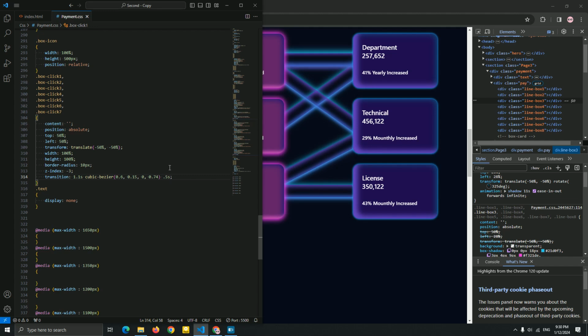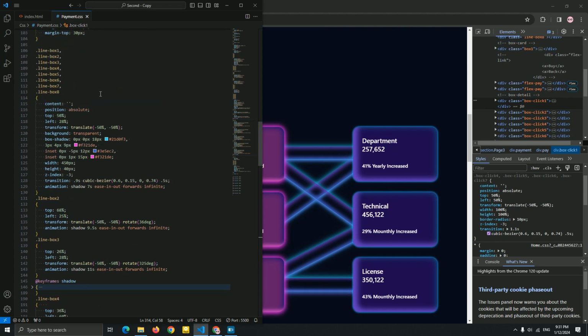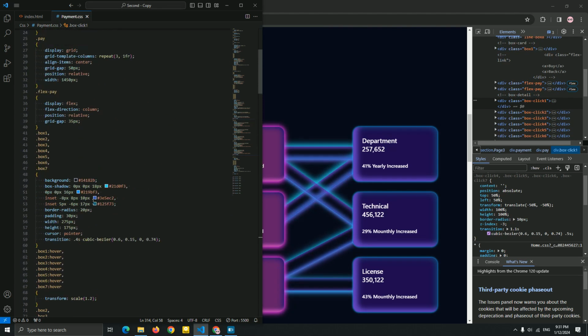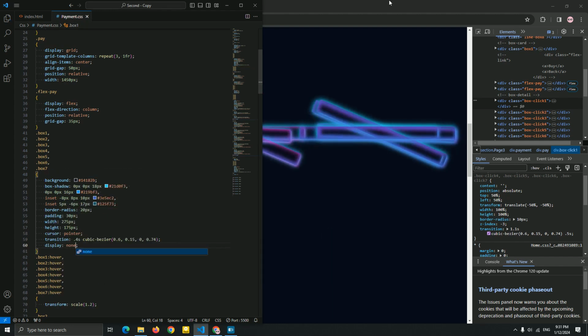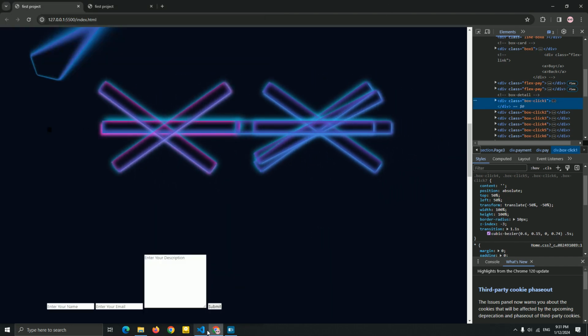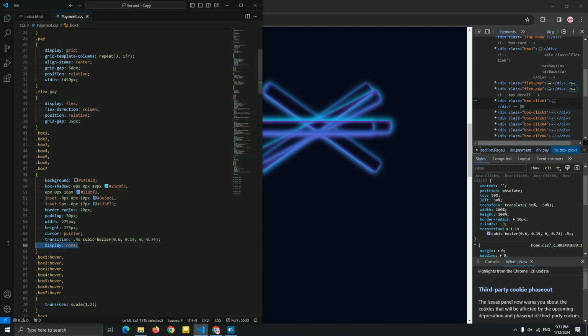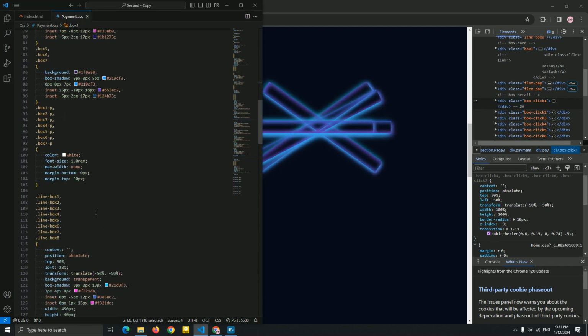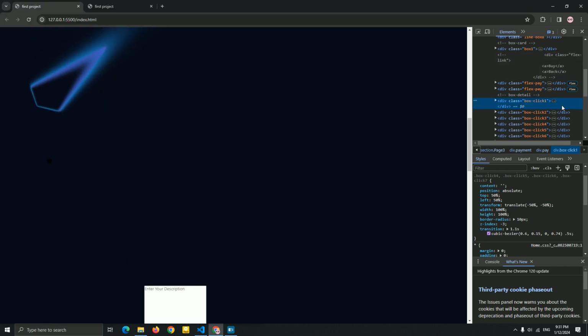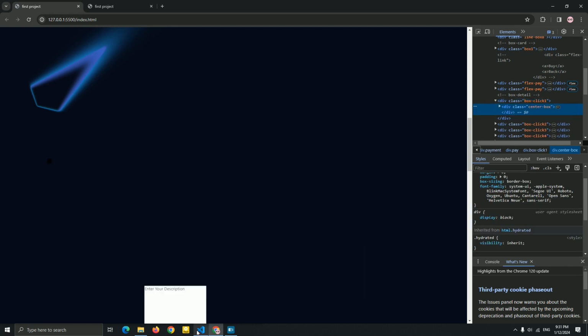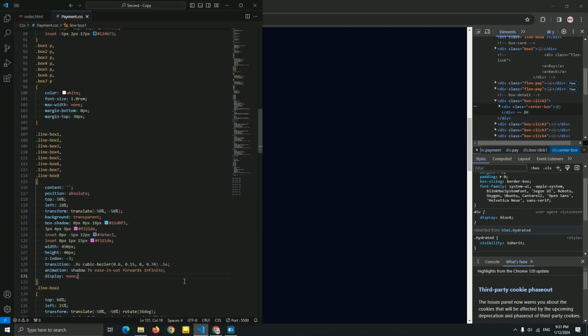Very good. And I don't want to add opacity for now because I want to see it. So for now, I'm gonna add a display none for this box 1, 2, 3, to just see what's happened. Okay, let me just add a display none for the line to fix this problem. And okay, so this is a box click, as you can see. We just added this. Now let's go to create the next center box.